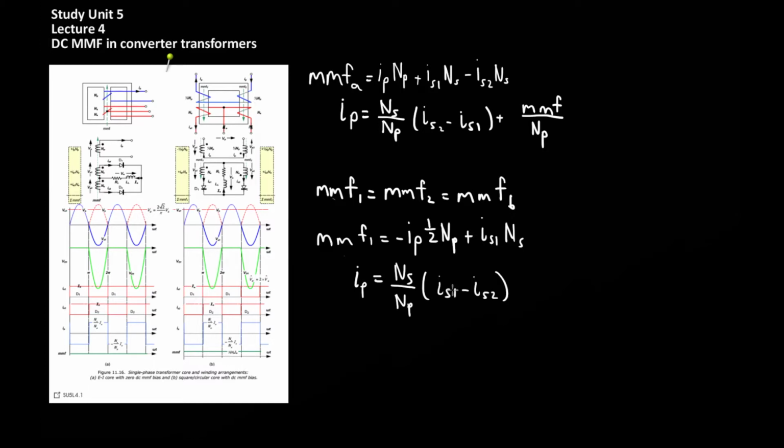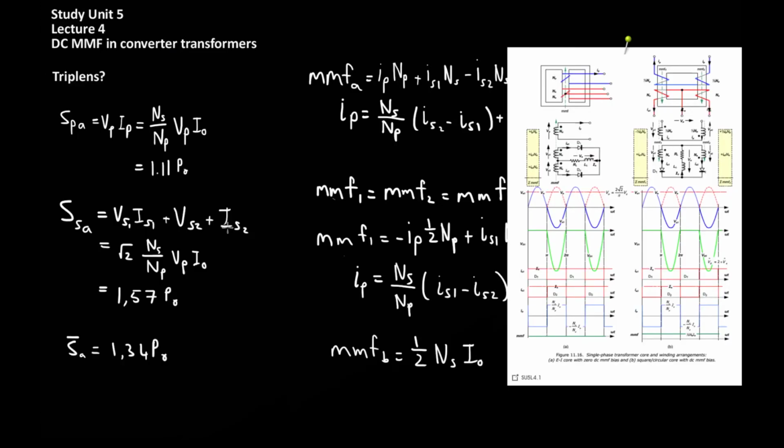So once again, because the currents are alternating through the diode switches, this difference here, IS1 minus IS2, will alternate, which means that the primary current will alternate between some low value and then some high value through the entire cycle before repeating itself once again. When this is averaged out over many cycles, it results in a DC bias MMF equal to 1/2 NS multiplied by the output current. So one way to see how the MMF affects the performance of the transformer, or rather